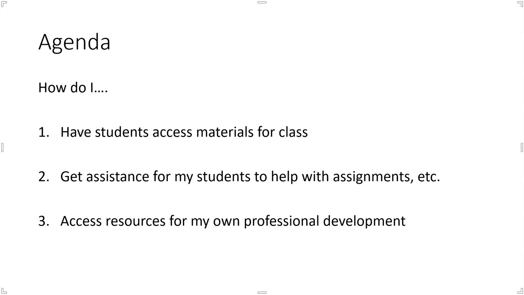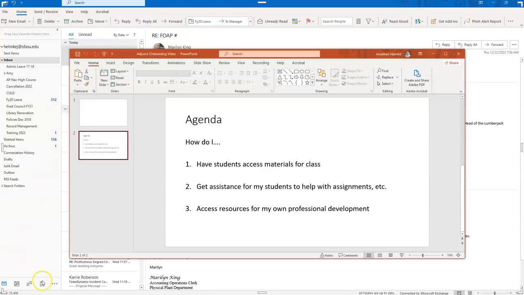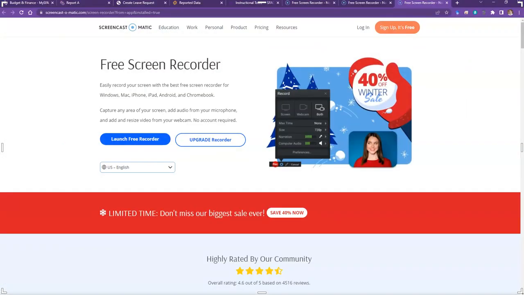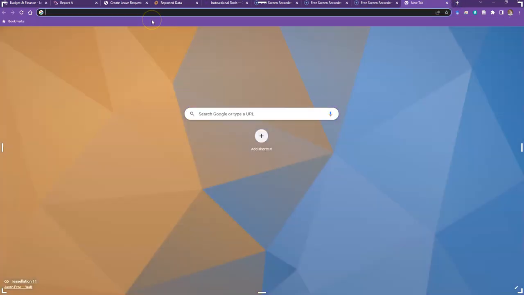So the next thing we're going to do is exit this screen here, and we're going to go to the library's website. So I'm going to exit the screen here, and I am going to go next to the library's website here. And the website is